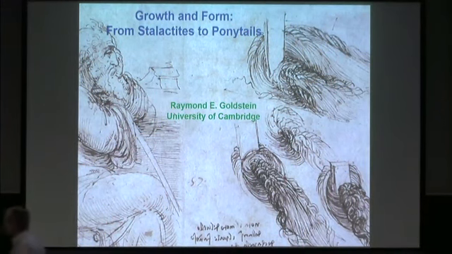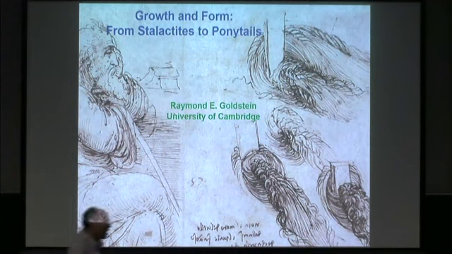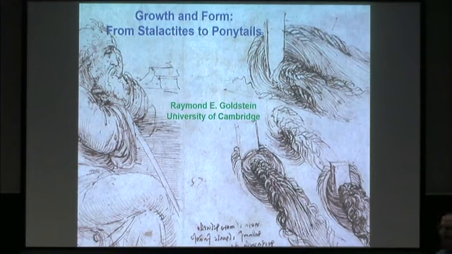And I thought I could summarize what I'm going to talk about this way. So first I'm going to talk about this, and then I'm going to talk about this, and then I'm going to talk about that. Because as I was thinking about what to lecture on today, I realized that there was a series of problems I had worked on over the years which all boiled down to trying to understand these very elementary shapes that we find in the world around us, and it turns out they're all kind of the same shape. They're just permutations of the fundamental physics.